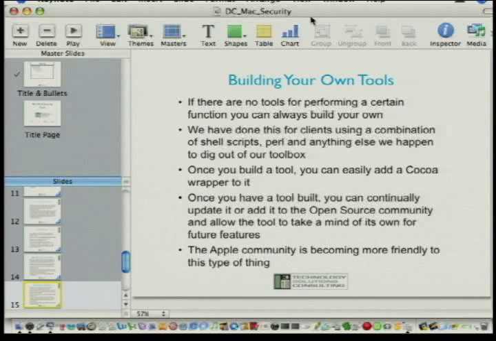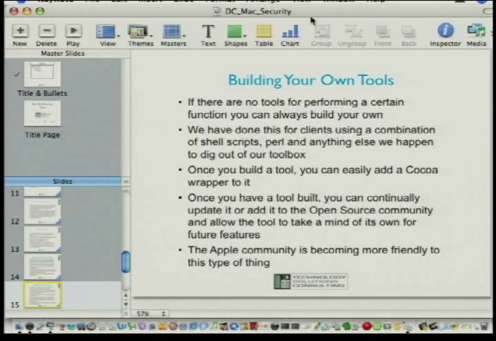In addition to Cocoa, there's also AppleScript, which is less GUI oriented. And in addition to AppleScript, there's this thing called Automator, which is a great way to send people things like shell scripts that fire up and run rm -rf or something. Anyways, that was lost on everybody, or was it just me? Anyways, the Apple community is becoming a lot more friendly to security, but I still get asked the question a lot of times,